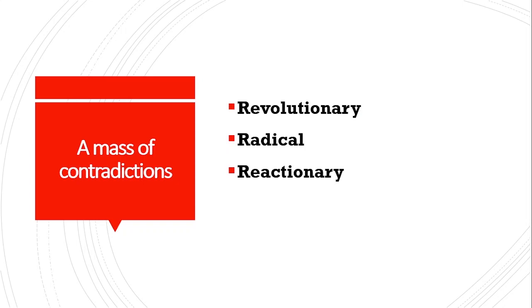Back in 1920, the 25-point programme was designed to attract as wide a body of support as possible. Nationalists, of course, but also peasant farmers, the lower middle class, and workers, and both men and women. But it was, nevertheless, both revolutionary and radical, and it was a mass of contradictions.